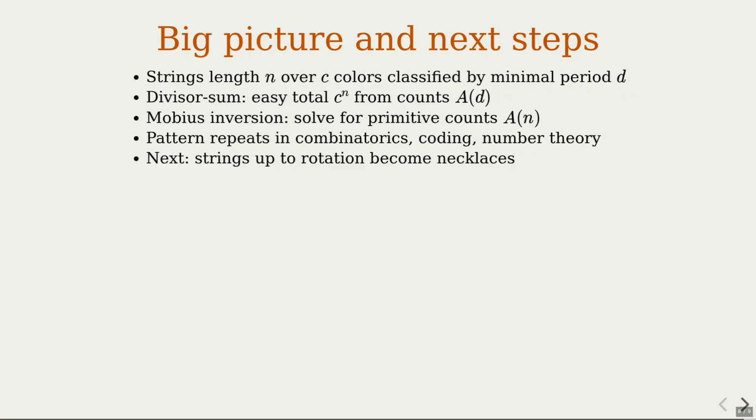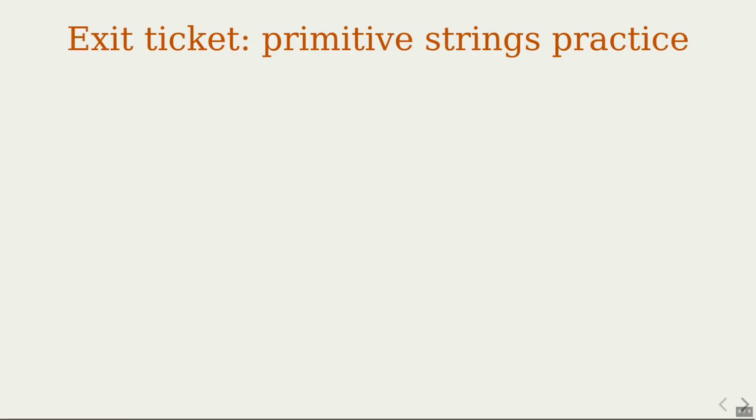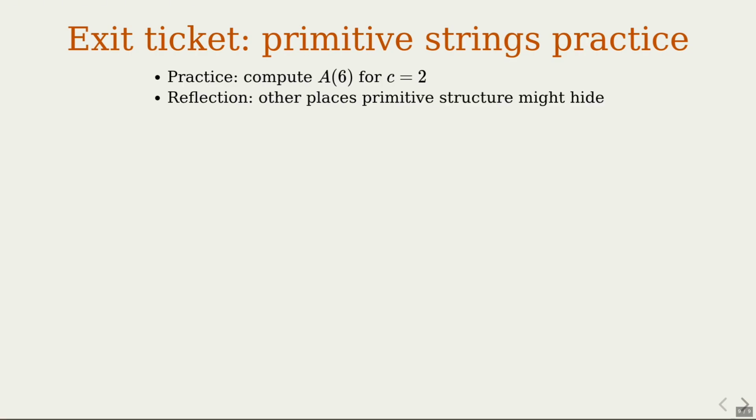I see the pattern now. We hunt for natural divisor sums and then use Möbius inversion to read off the primitive pieces. Let us finish with a quick check of understanding and a broader question. First, try pausing and use the Möbius formula to work out A of 6 when the alphabet has 2 symbols. I will think about other settings, like tilings or cycles in graphs, where objects are built from repeating patterns and